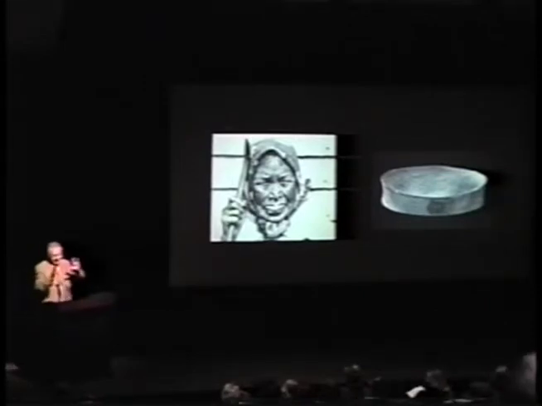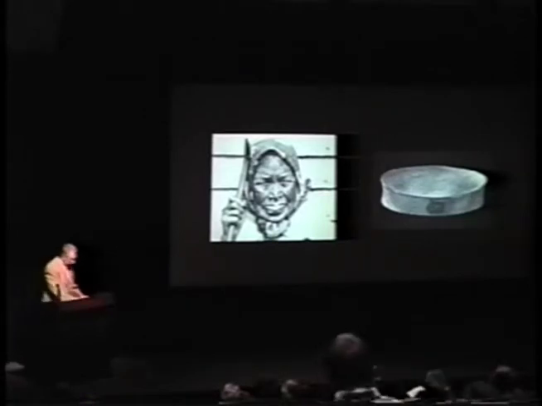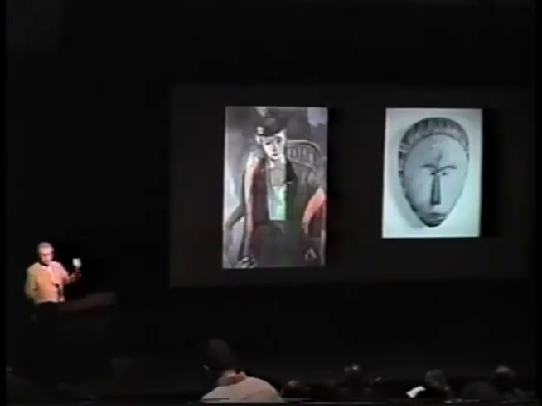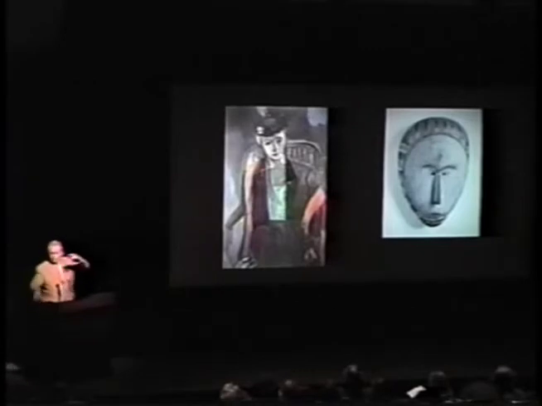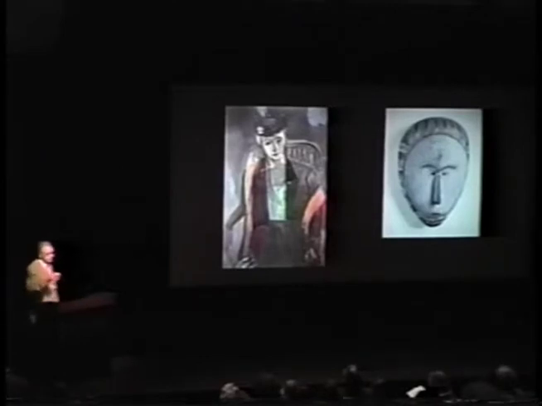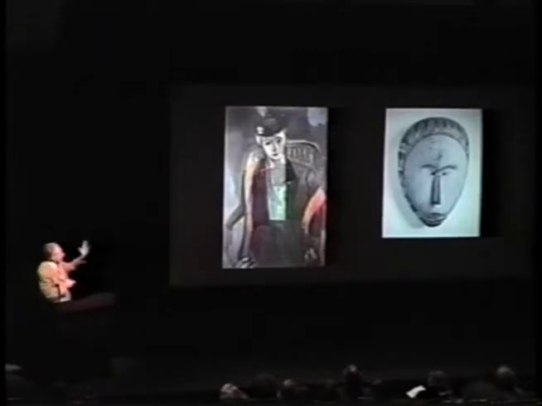Of course, this coincides, in a broader context, with what was happening in France at the time. This is also the time when we begin to discover the importance of the so-called primitive art. Just to evoke that rapidly, I put a Matisse picture on the left and a Fang mask. The Fang are African people, and the mask was collected at the time. Matisse saw this mask and used it to depict the face of his wife here. He found it interesting in terms of a kind of hieratic form.